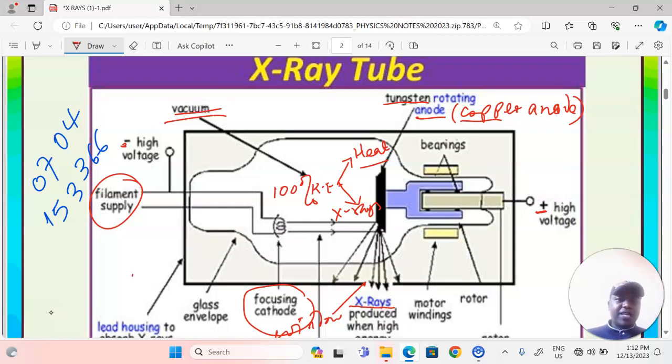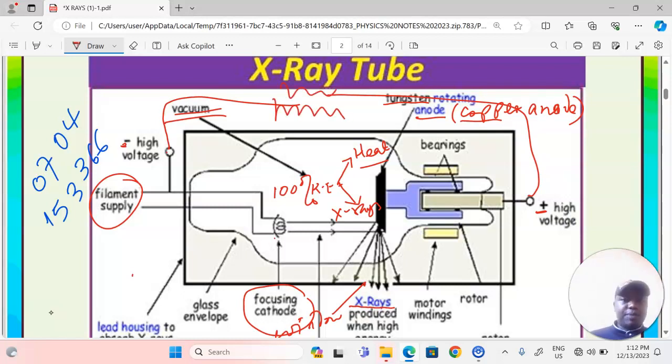There are two potential differences in this case. We must be very careful with them. There is a potential difference that ensures that current has been supplied to the cathode, and now there is another potential difference existing between the cathode and the anode. Actually, in some cases, this one is even from a step-up transformer. This one sometimes is from a step-up transformer,